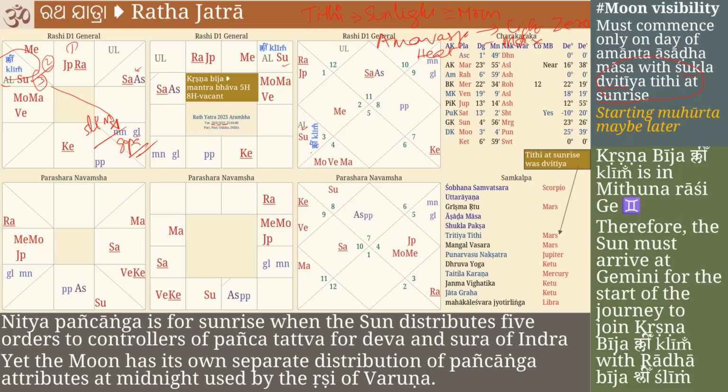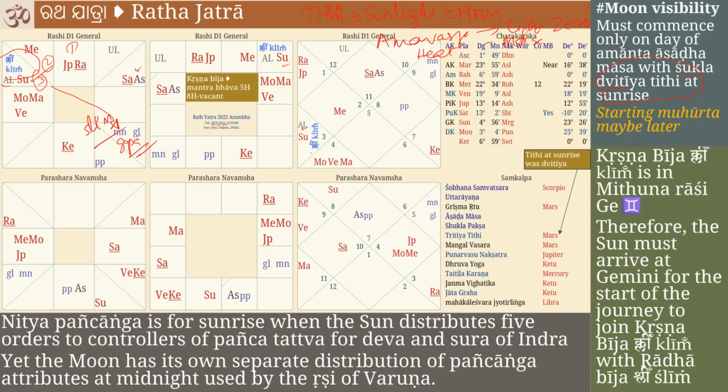So the orders were passed at sunrise. And then the moon has its own separate distribution of Panchanga attributes at midnight. So there are two kinds of distribution. One Panchanga is Udaya Panchanga and the other one is Turiya Panchanga. Turiya Panchanga has to do with Chandra and it does not have to do with Surya. The orders are not Surya orders, they are Chandra orders. And those orders are passed at Turiya, midnight, every day. So two kinds of orders are going around in the planet. One is the sunrise Udaya Panchanga, which is called Sansara Panchanga, and one at midnight called the Sannyasa Panchanga.